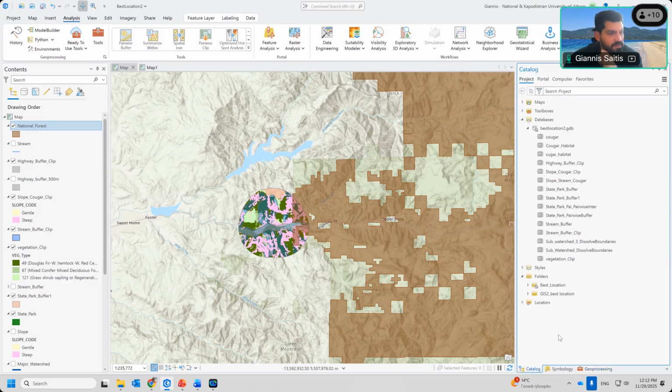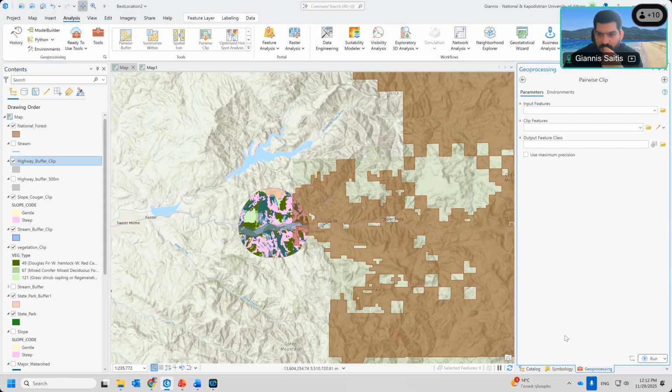There's something different here. We just don't want to find the intersection of everything. The buffer zone of the highway is an area of exclusion, so we have to take out this area from our, let's say, whole system. For that, we will again have to use the pairwise clip of